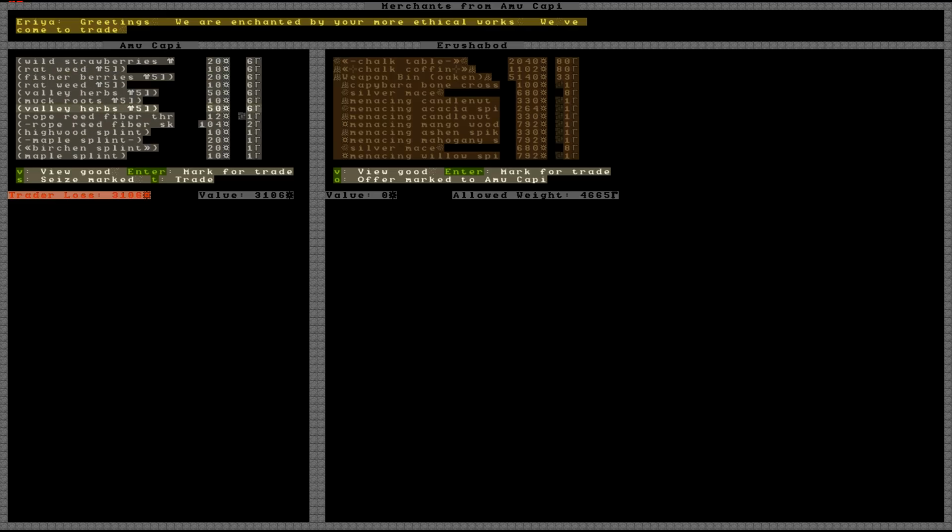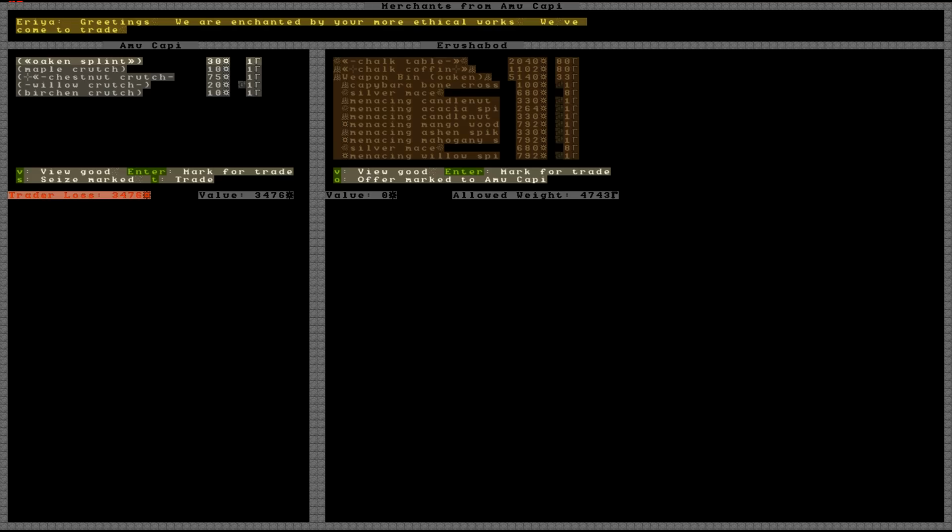So much cloth. Alright, here we go. Alright, now we're into things that vaguely look like food. So we'll take all of that. And I believe that's it. So for that, we want to trade